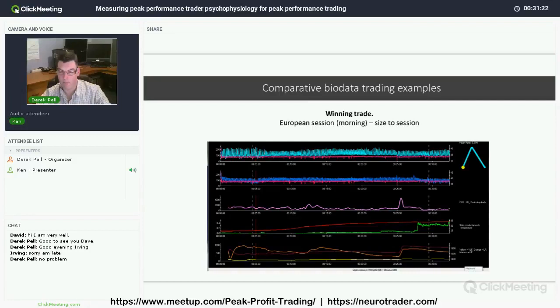So, for instance, if we were trading now, and this was our chart of our biology, you could look at this and you could turn around and say, wow, this is what it feels like to be in a winning trade in terms of my biology. Okay, my temperature is stable. Okay, so this is what this feels like. And you start creating an association. And that means that if you don't have your biology present, you're still going to be able to say to yourself, I know this feeling.